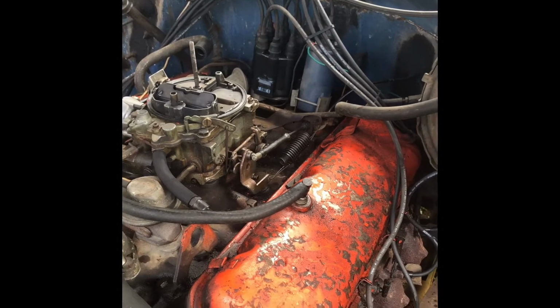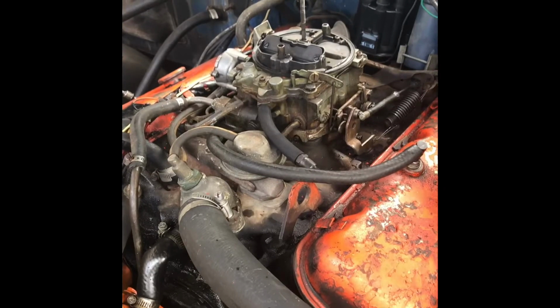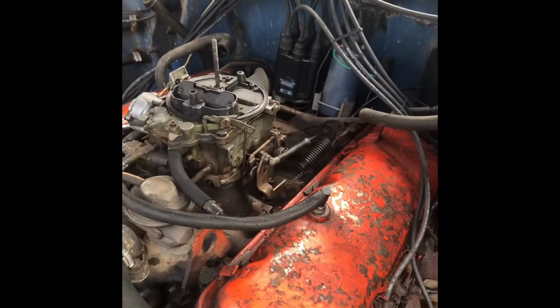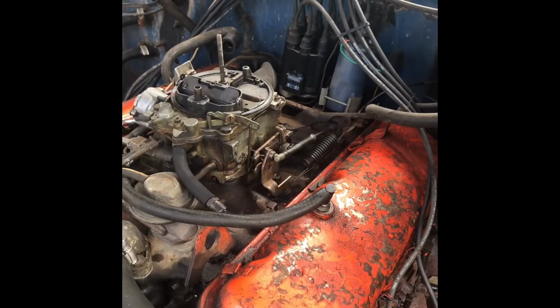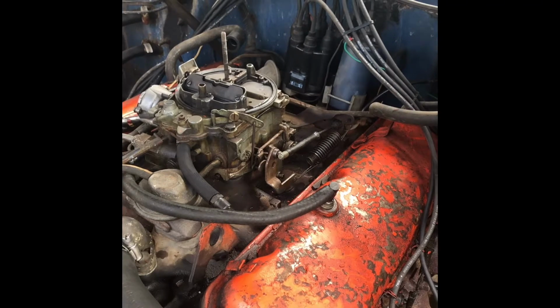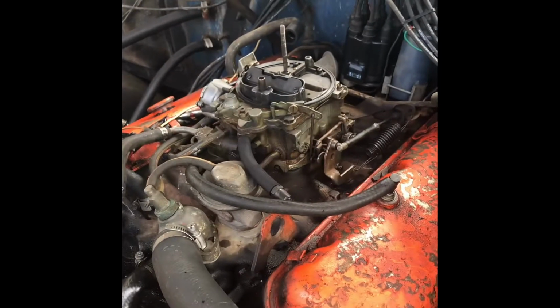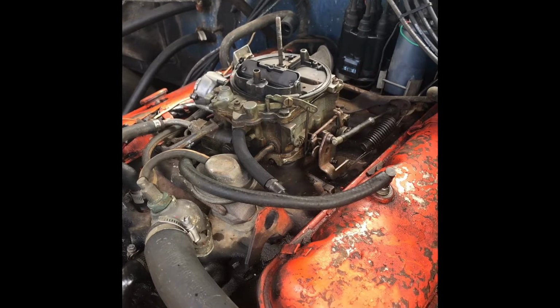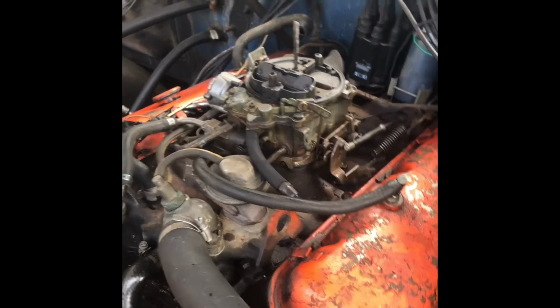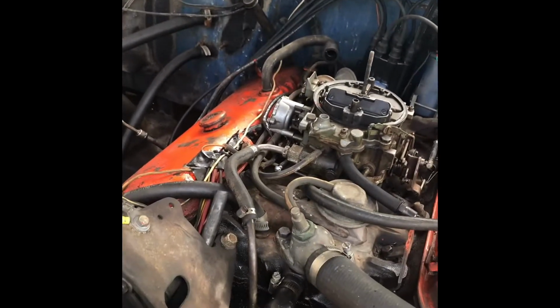check for leaks around the base of the carburetor with some brake cleaner, see if it perks up. If it does, I know I have an intake leak and I'll have to get a new gasket, figure out the carburetor, do some adjusting on that to make sure it's where we need it to be. So, get this thing fired